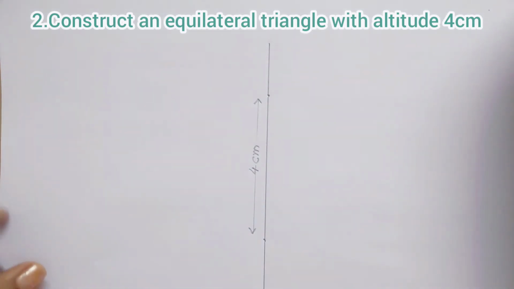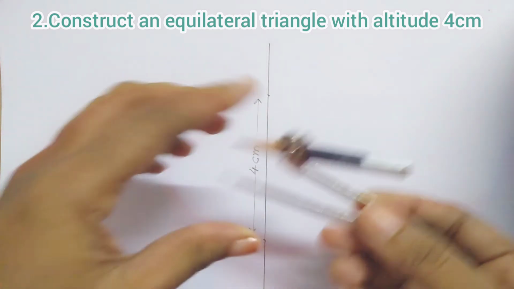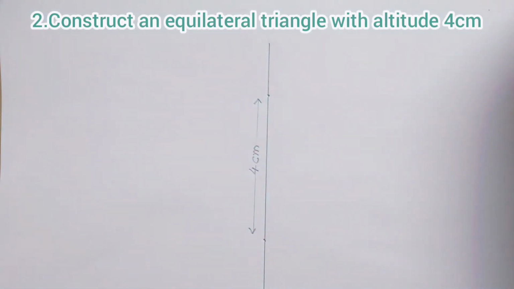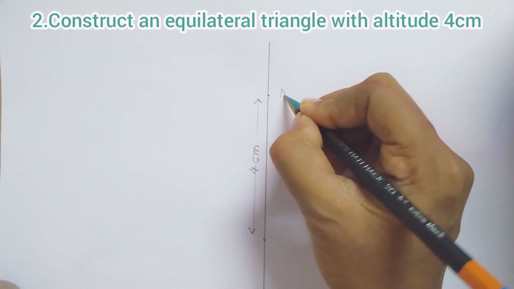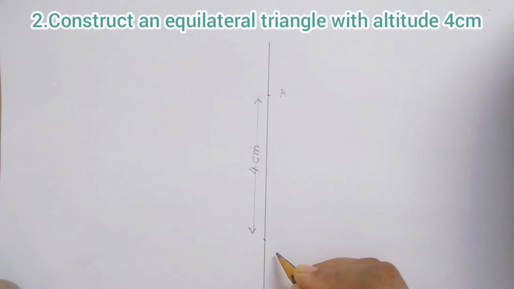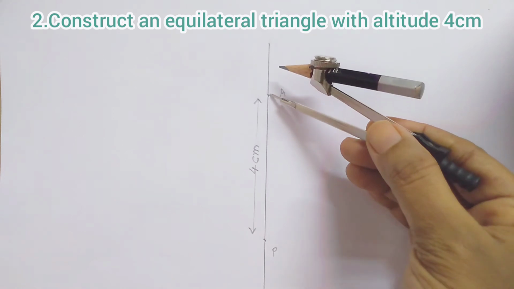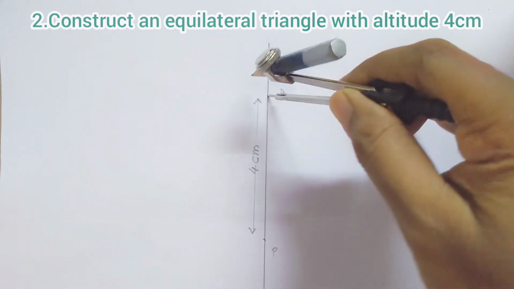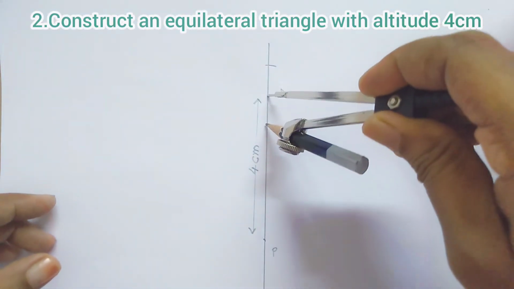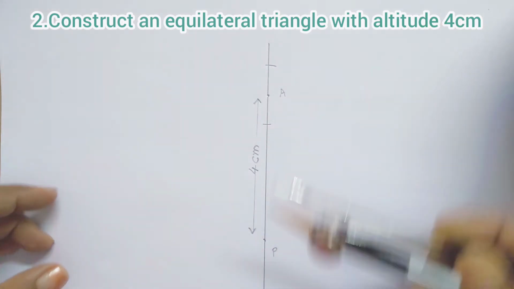Okay children. Then what is our next step? In the previous diagram we have learned how to draw the parallel line. See, the next step, take any sufficient distance, put the point on A. I am marking here A and here I am marking B. So first my work is, I am taking any sufficient distance and putting on the point A and making an arc on both the sides, up and down.